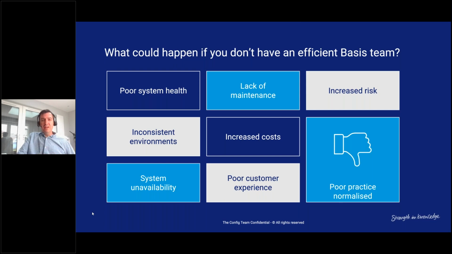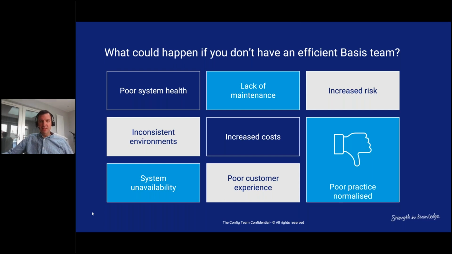Also, it has an effect on operational resource costs, so people's time. They're spending more time firefighting issues or looking at reasons why systems are always going down, rather than spending their time looking at innovation or new projects. So those are some of the things that can't be done well, and how can we get around that? What can we do better?